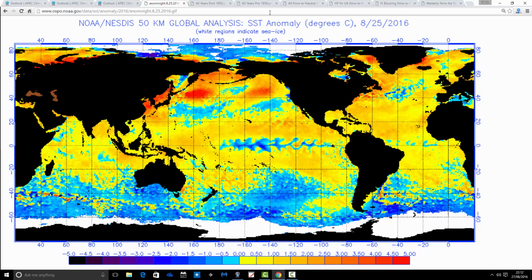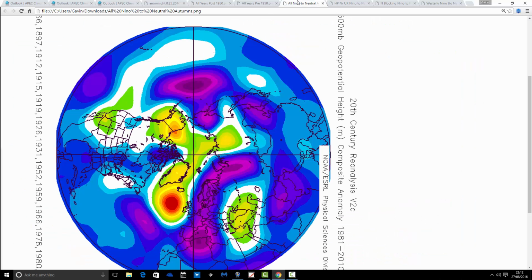So what James did is have a look at all autumns that were ENSO neutral coming out of El Nino, and once you combine all the years, there's loads of them. Combined, they go right way back into the 1800s and then through virtually to the modern day. And what we see is that combining all the autumns, we generally have a ridge out to the west, so very similar to the La Nina autumns in some ways. A ridge centred just to the west of us and extending up towards Greenland with a trough over Scandinavia and going down into central parts of Europe. It still keeps things largely Atlantic based.